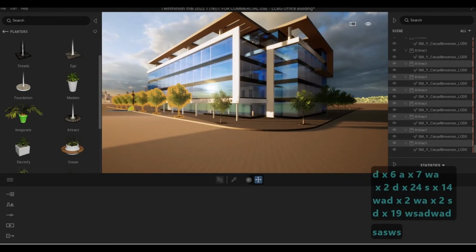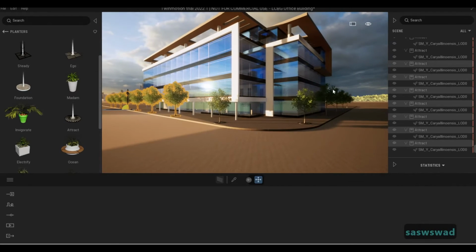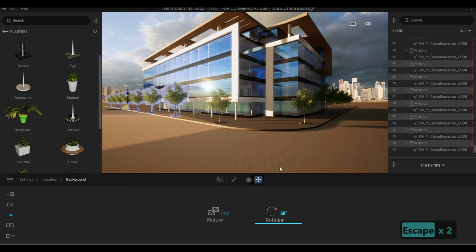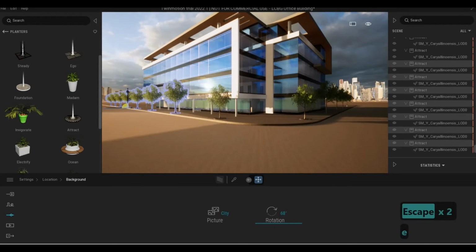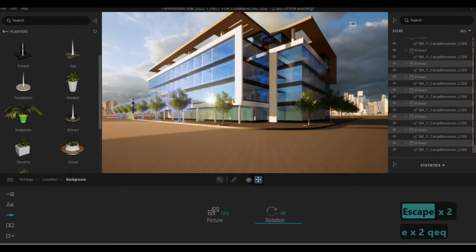Okay. So the problem with this is I will need a background there and a background here as well. I could go here and then go to location and then the background. I will rotate this so that it will show the background, the city at the back. And then I'm gonna lower this,